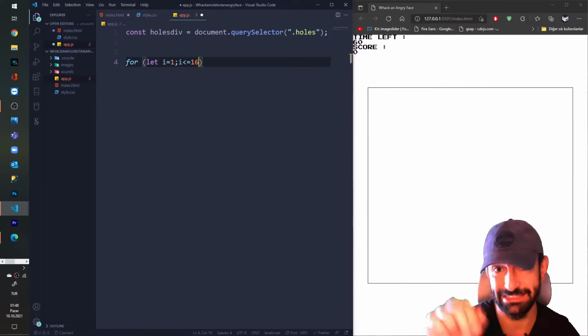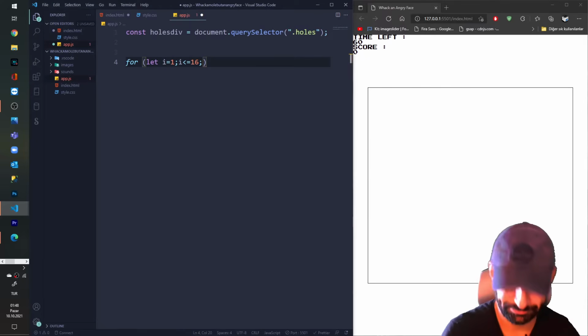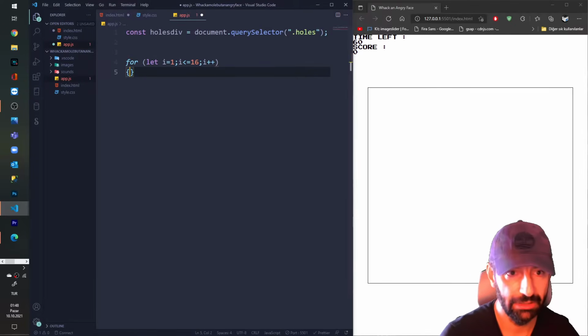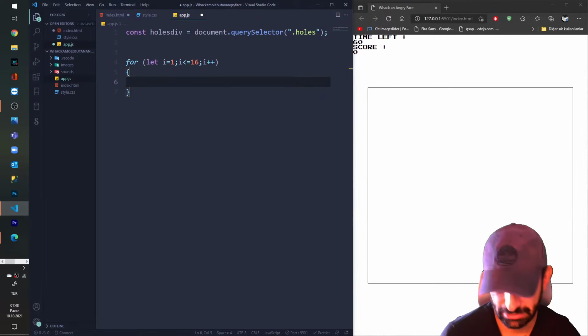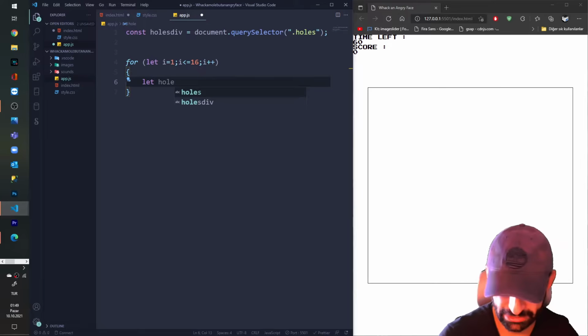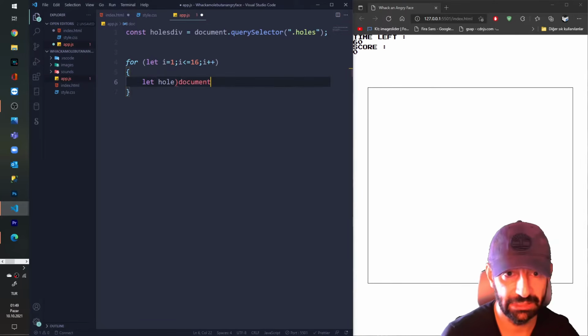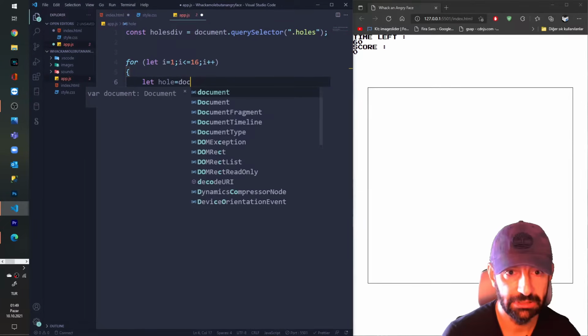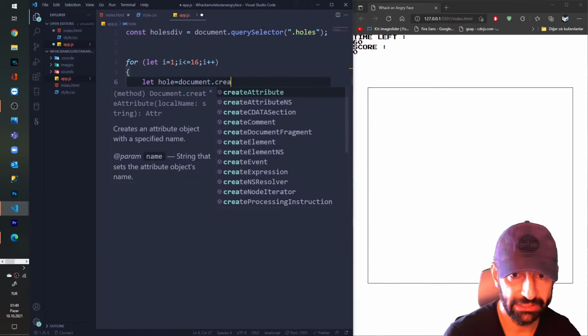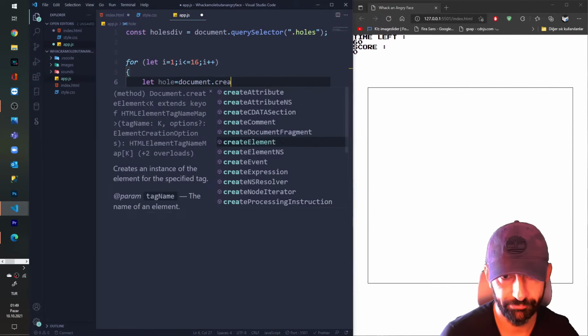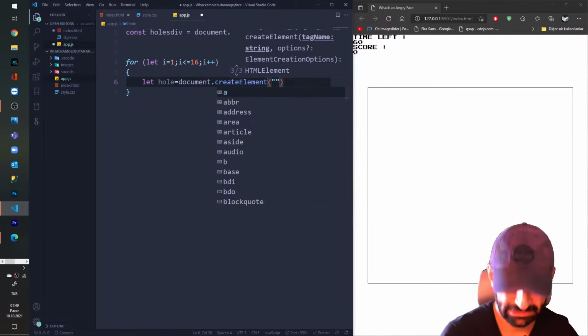I'm going to put 16 hole child divs inside my main holes div, and I'm going to say i++ here, and here I say let hole equals document.createElement, I'm going to name this a div, it will be a div.